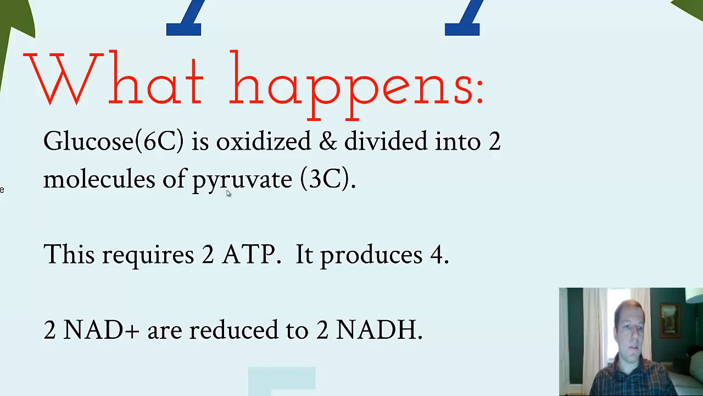As a review of glycolysis, we're starting with a nutrient like glucose. We're dividing it into 2 molecules of pyruvate. Each of those molecules of pyruvate will have 3 carbons. This is actually a multi-step process to get from glucose to pyruvate, and I'll show you the details of that